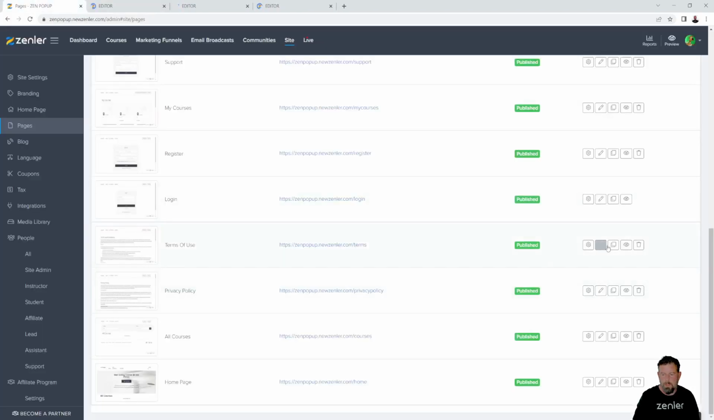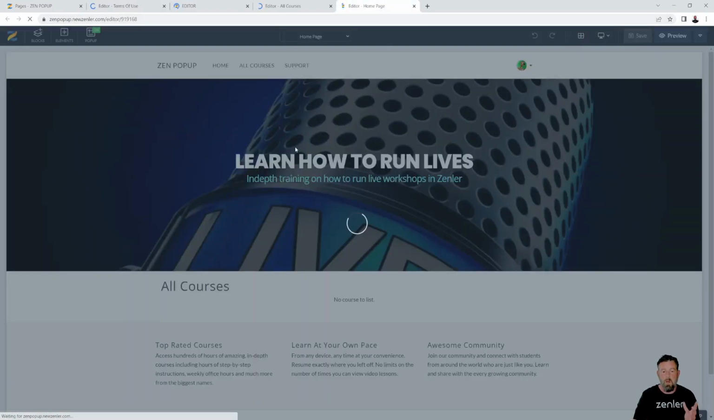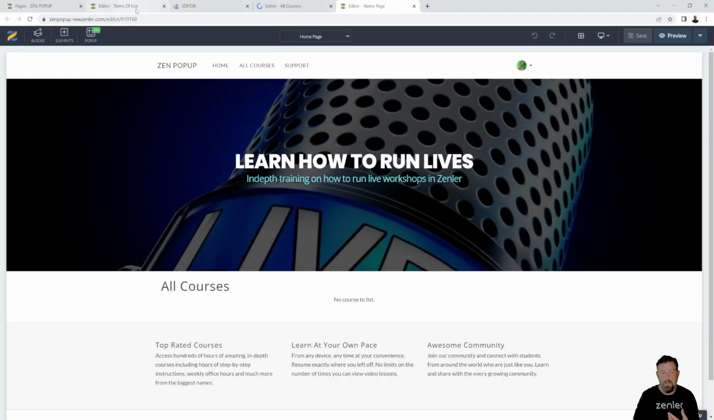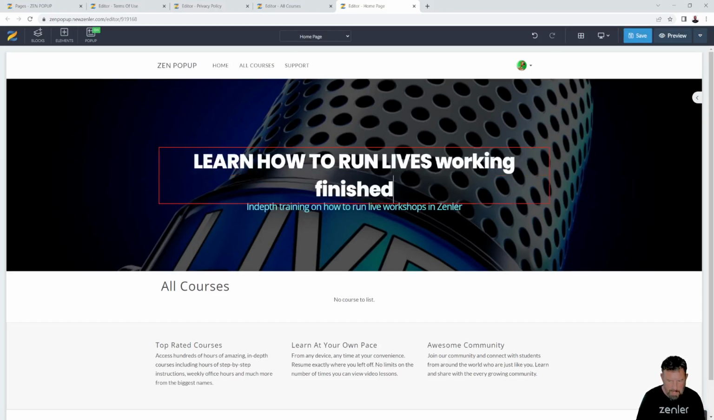Privacy page, terms page. Now I've opened those up. These are all loading. Okay, this page has now loaded, and these are still loading. I am now working on this page, and finished, and save the page off,